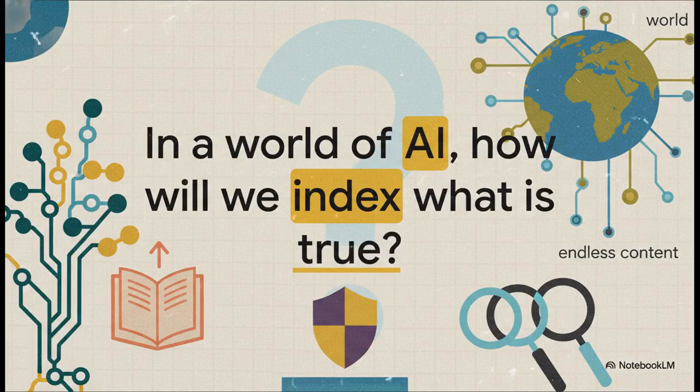And that leaves us with one last really big question. You see, all those early pioneers of indexing, they were obsessed with one thing, accurately representing what was inside a document. But today, as AI starts pumping out endless amounts of content, the next great challenge isn't just going to be finding information. It's going to be indexing for truth. How on earth are we going to do that? Well, that's a question for the next generation of indexers to solve.